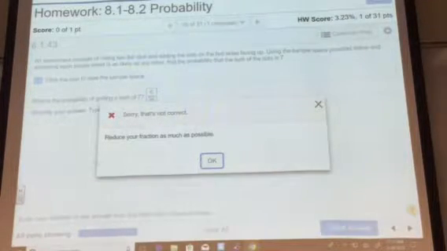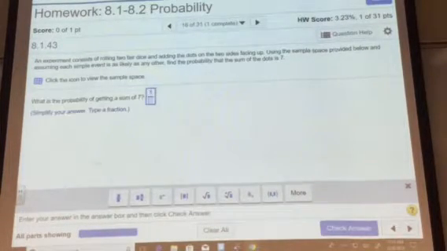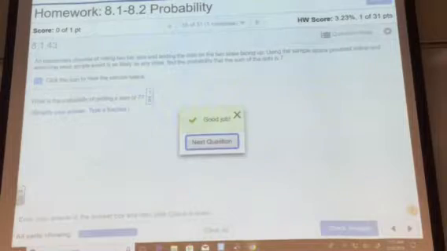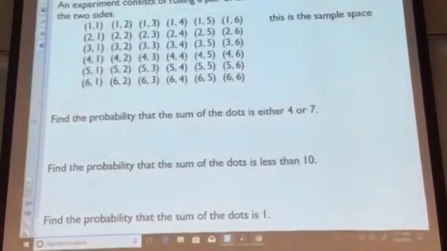At least they do give you a statement that says, remember to reduce your fraction as much as possible. So we should have had here a value that would have been 1 out of 6 when we did our reduction in there. And they'll be happy with that. So if that's the case, then